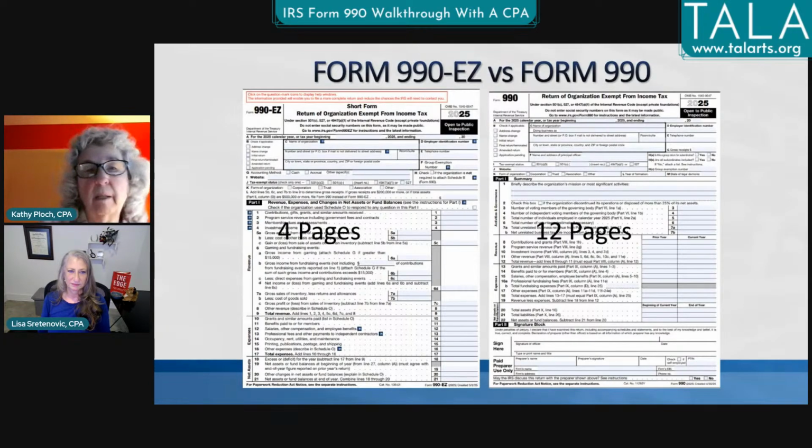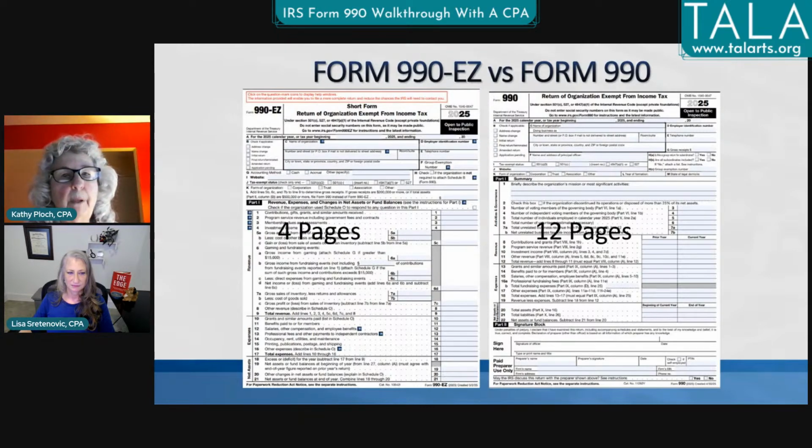Page 2 is very similar. It's got the program service accomplishments. Pages 3, 4, 5, 6, those are all questions or whatever. Page 6 is probably the one that's most, Lisa talked earlier about disclosures and transparency. Many of those questions on page 6 of the 990 are related to that. Other than I think the conflict of interest policy, most of those are not required by the IRS, by the way.